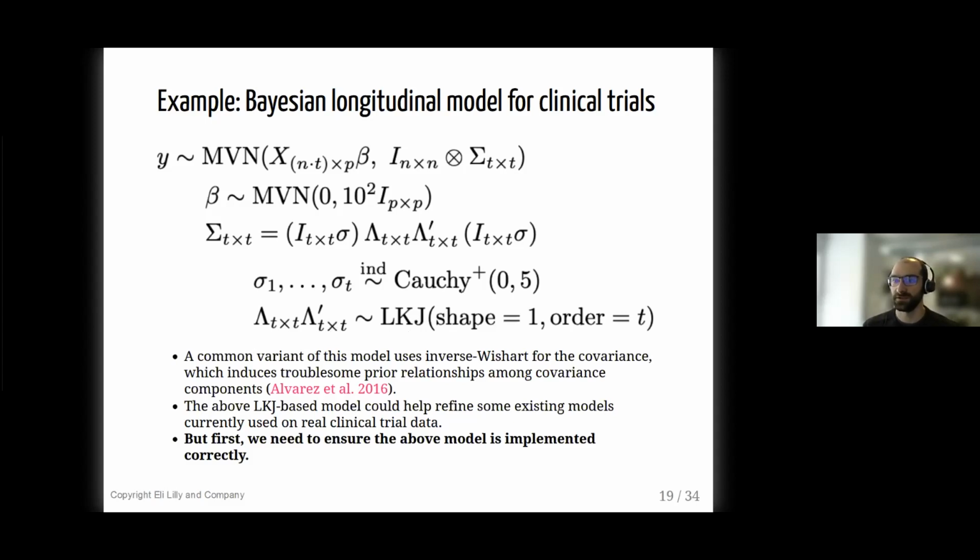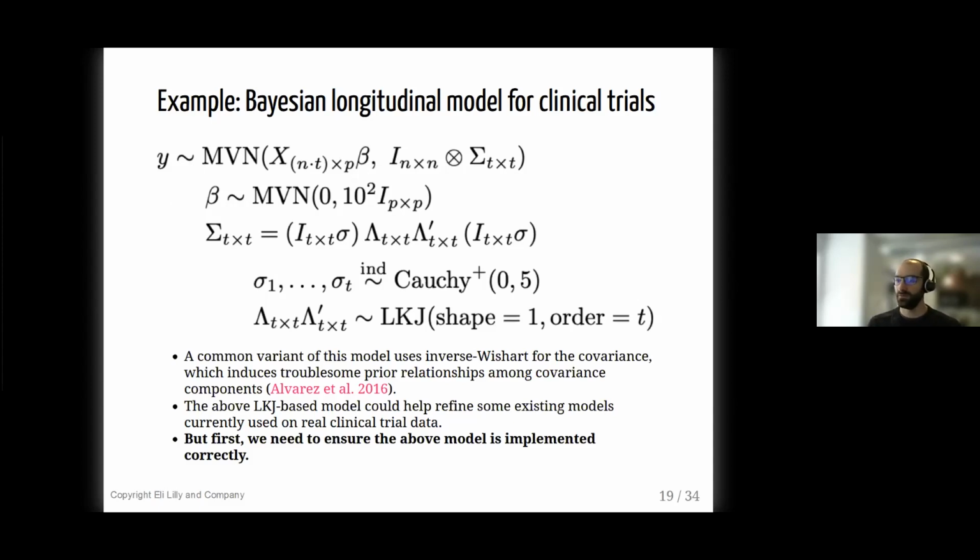So we can code up this model in Stan. It's pretty straightforward, but we need to ensure that the model is implemented correctly. We need to validate this model, and it involves checking for a lot of different issues in a lot of different ways. And one of the things we're looking at is, does the Stan code in this model match the model specification that you're seeing on this slide here? Do the model spec and the Stan code agree?